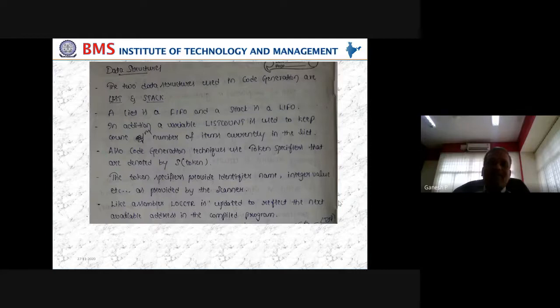So lists and stacks are used extensively in code generation for various purposes: to return tokens, to take input values one after the other, or to represent recursion and nesting.